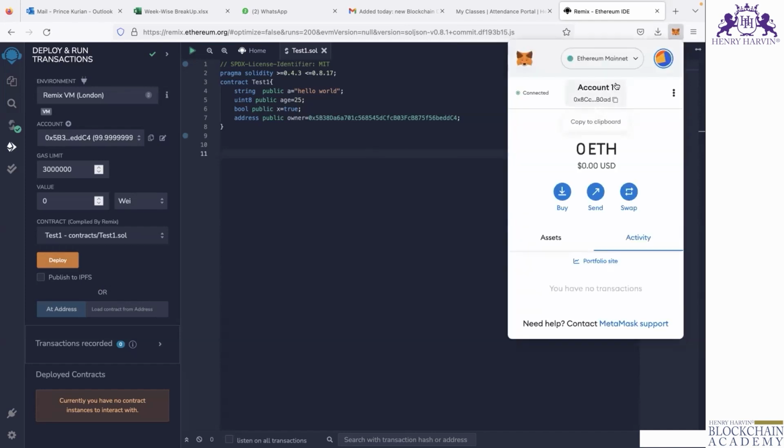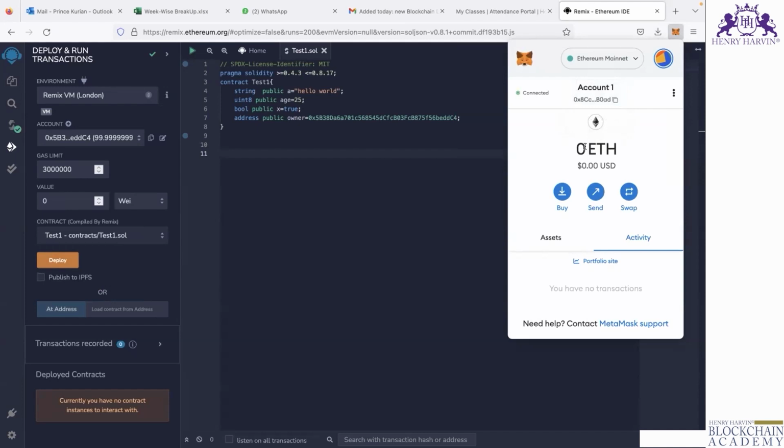Now the MetaMask wallet is connected to the Ethereum blockchain. So this smart contract is going to migrate to the Ethereum blockchain network. This is how, in the real scenario, we migrate the smart contract. But in order to migrate to the real Ethereum network, I need to have some balance, because we already saw that